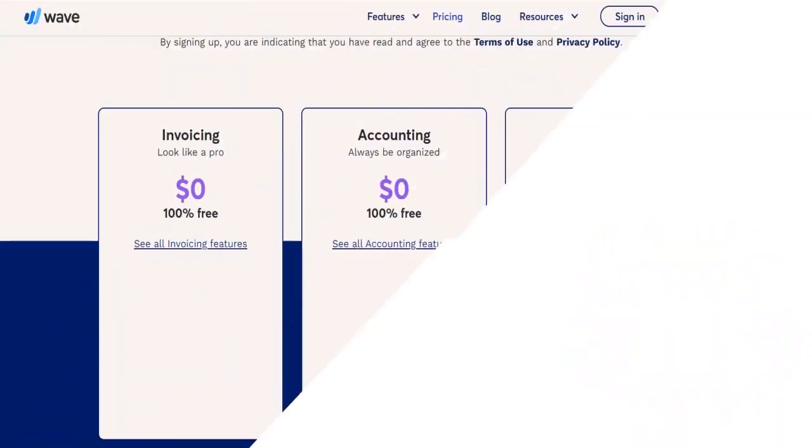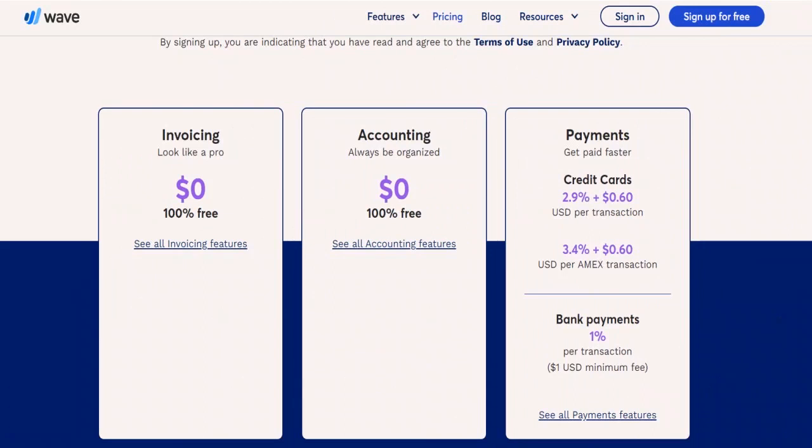Let's talk about the pricing here. When we talk about pricing, you have to understand, as I said before, Wave is completely free. There is no contract. There are no hidden charges. It's totally free. Although accounting and invoicing are separated into two different products on the Wave website, they don't require separate accounts. These solutions are integrated within your dashboard, and you will access them both through your single Wave login.